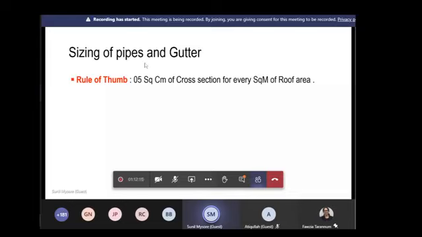Actually, if I go into it, it will take a very long time. It's an extremely technical subject. It will take a minimum of 2-3 hours just to arrive at the calculation. So I'm not going to go into a lot of detail on the cross section and the gauge of pipes. But I've just given you a normal residential apartment, for example, everything less than about 5,000 square meters, this formula can hold good, irrespective of the height.